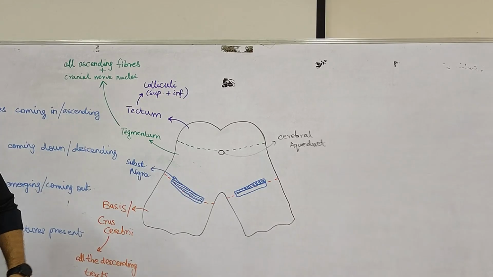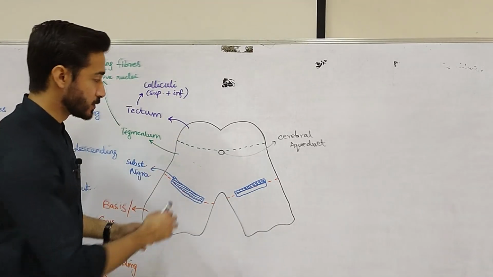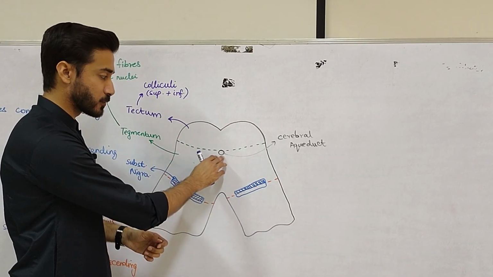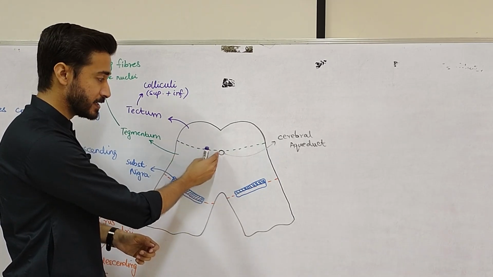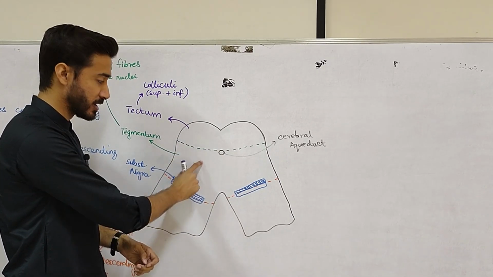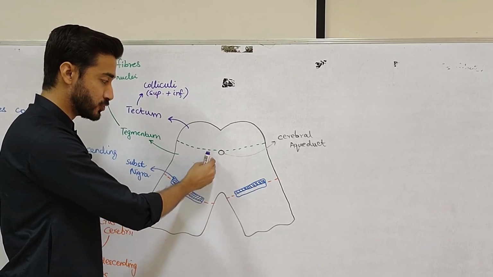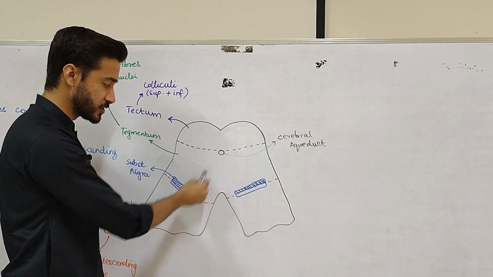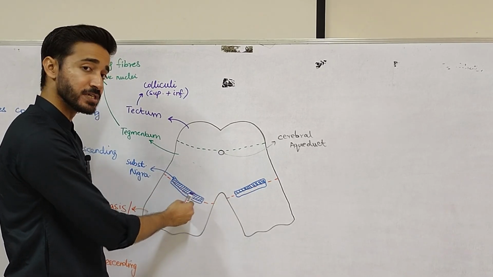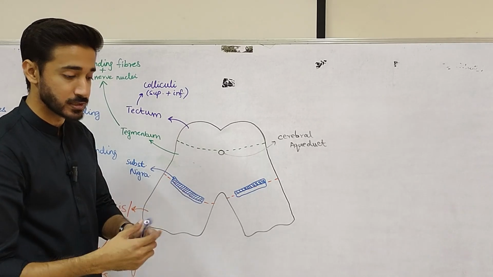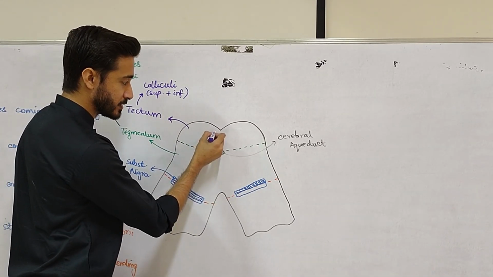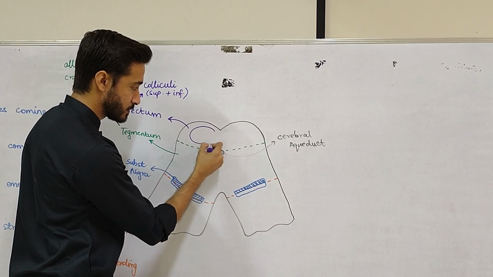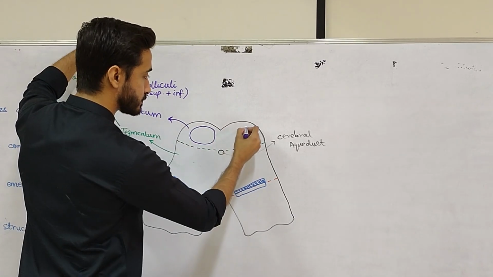After that, what would you draw in the tectum? So basically cerebral aqueduct, posterior to it we would have the tectum, and anterior to it till the substantia nigra we would have the tegmentum. So we drew or marked the differentiating points or the separating medians for these three structures or these three internal areas. Now the third thing that you're going to draw is going to be in the tectum region, and it's going to be